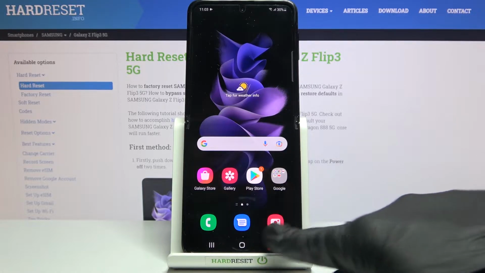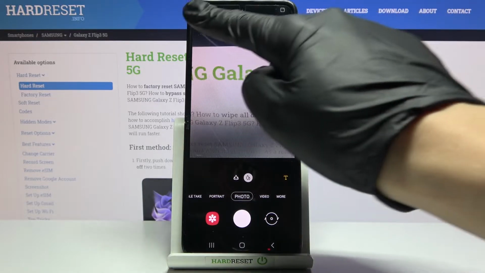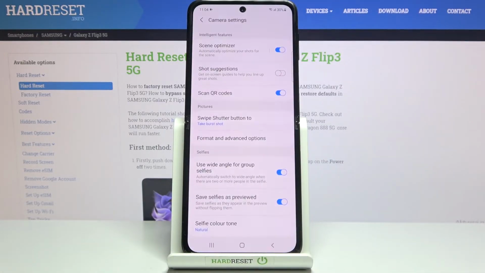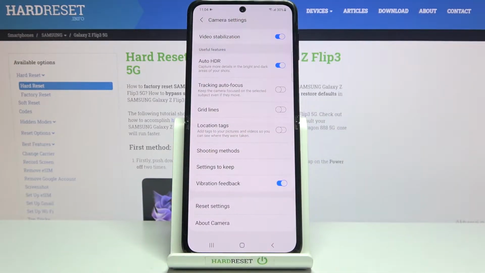So let's start by tapping on the camera button to open it, and for now we are on standard photo mode. From here let's move to the left corner button. When we tap on it we can open the camera settings. Here we have to simply slide down to the useful features category, and now at the third position we have the Gridlines option,